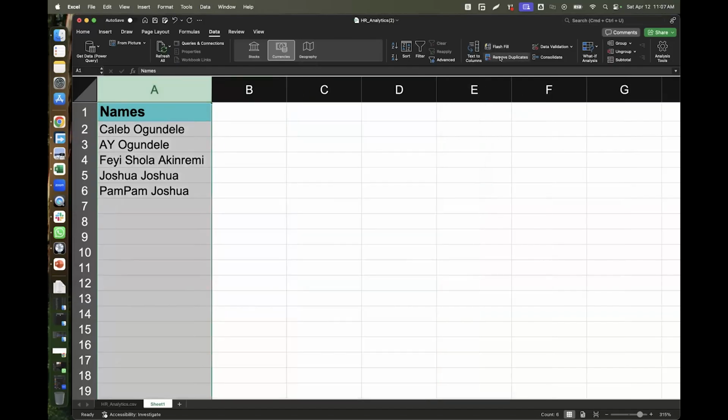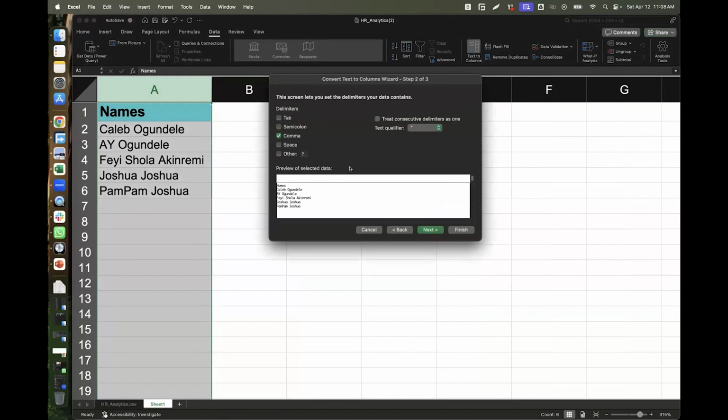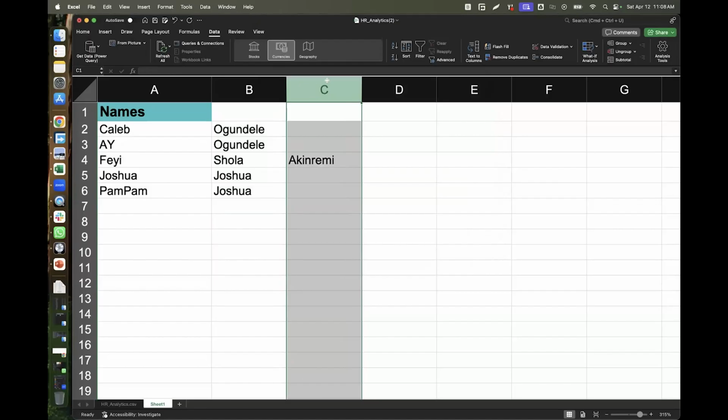Let's separate this one and just keep it there. Delimited. You notice that when I applied comma, it didn't separate anything, right? The common denominator is not that, so I have to use space in this one. If I know what I'm doing, I just click Finish. I don't need to click Next, right? But let me just delete this Academy and just leave it like this.